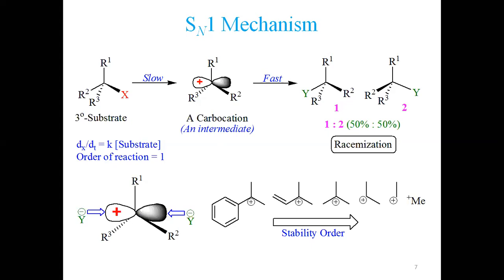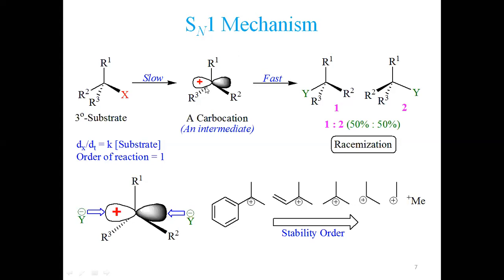Whereas SN2 always proceeds with inversion in configuration, which we also call Walden inversion. So these are the three major differences between SN2 and SN1. So do not forget that SN1 involves the generation of a carbocation, and normally this carbocation is a tertiary carbocation,